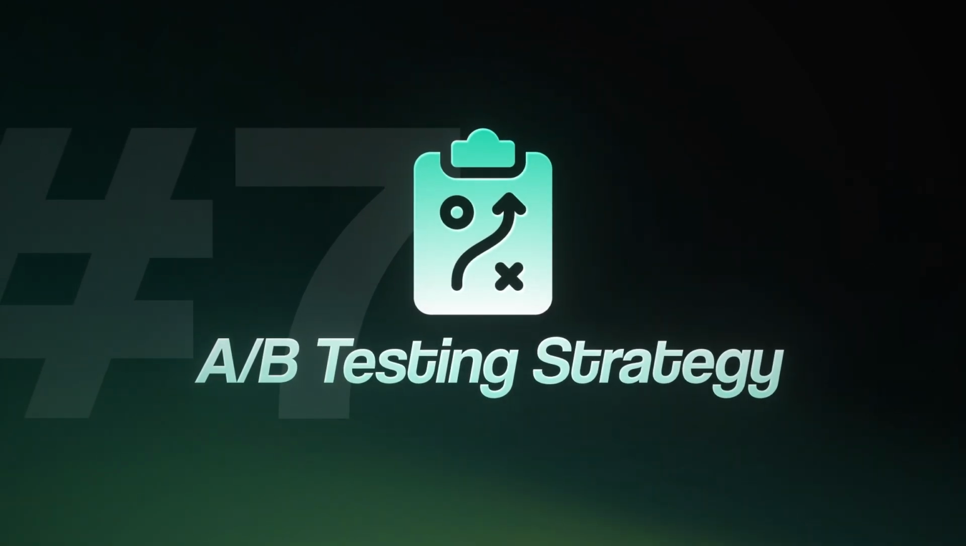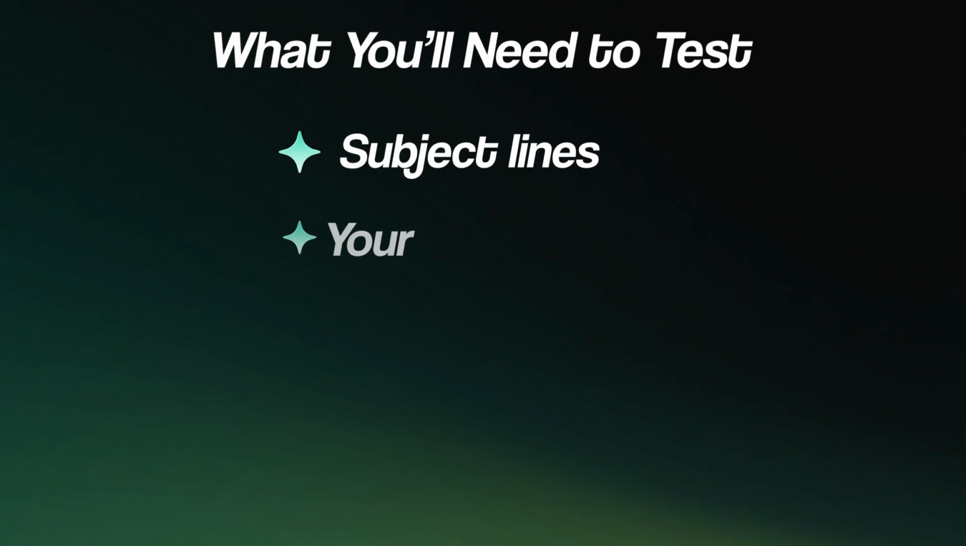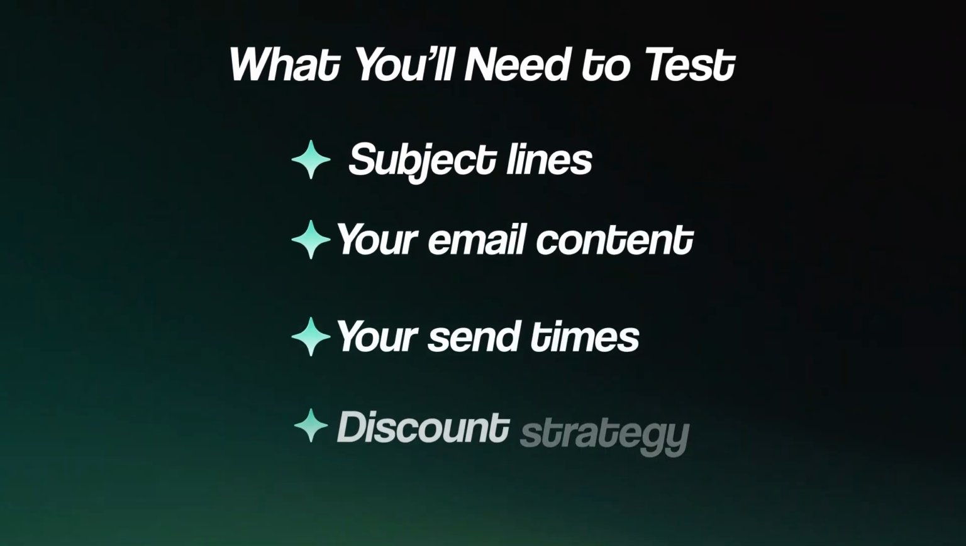And then finally, step 7, which is just going to be your general A/B testing strategy. The 4 big things that you're going to want to test are your subject lines, your email content, your send times, and then also your discount strategy. So between those 4 things,